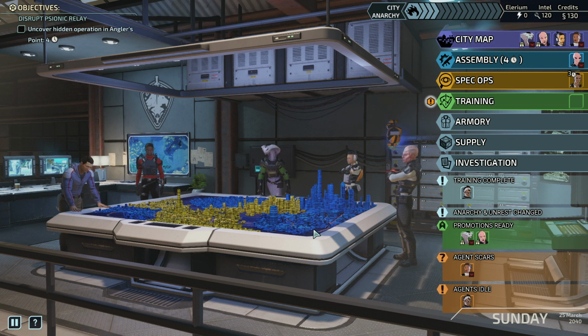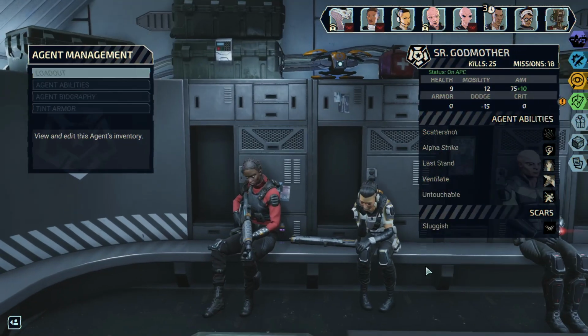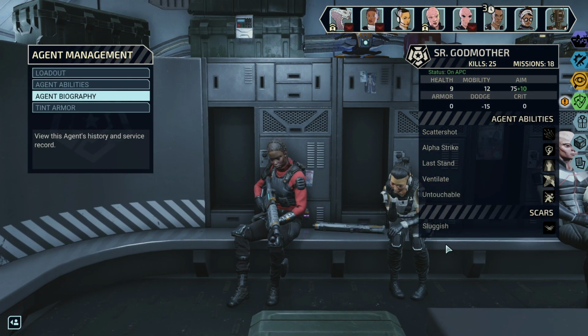Alright, we got some more promotions, and Cherub, that's a big one to start getting promoted. Agents idle, well, ooh, Godmother got a scar on this one too. Let's take a look at what her scar is. First of all, Sluggish. Dodge reduced by 15. Oof. Well, we're going to keep Godmother probably in there at the moment, because the one I want to take care of first,